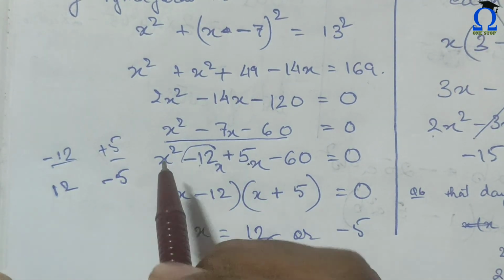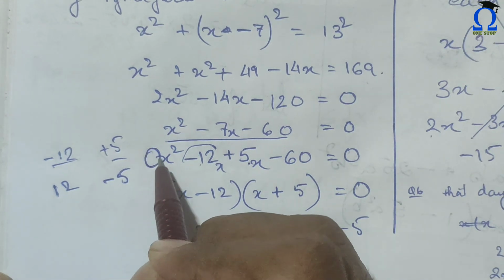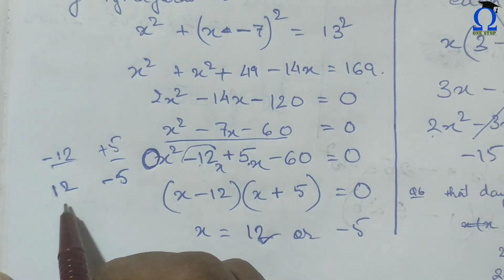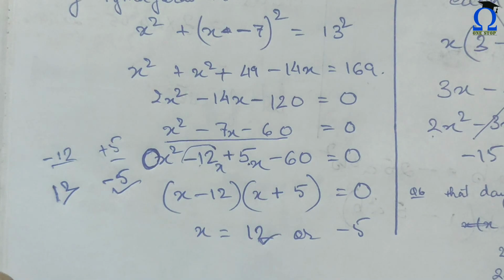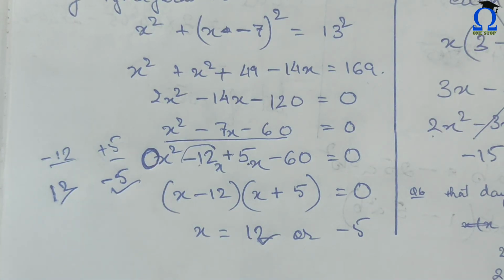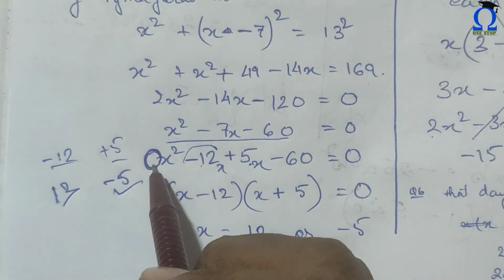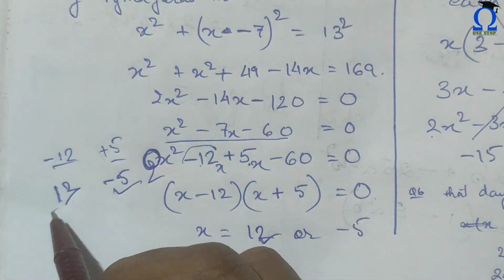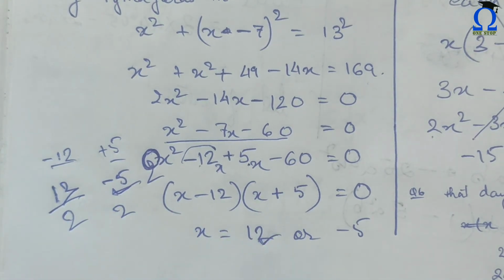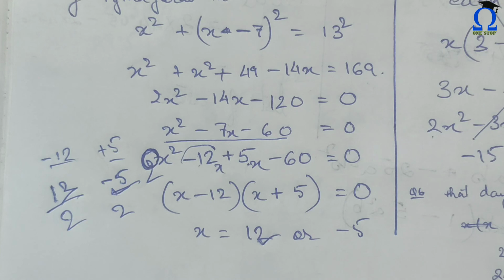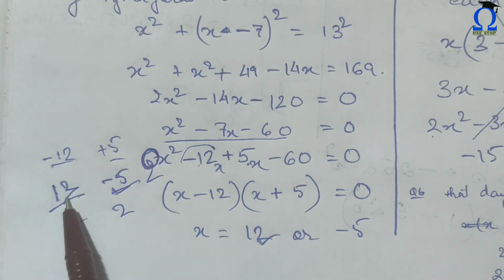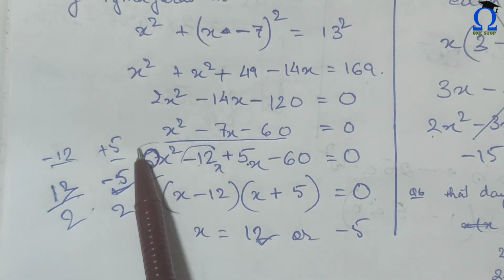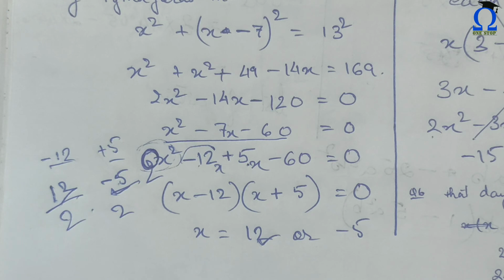And that should be divided with the coefficient of x square. Here the coefficient of x square is 1. Therefore directly we can write the answer is plus 12 and minus 5. But if there would have been 2 or something, then we will have to divide this with 2. Just to check your answer, whether your answer is correct or not, you can use this method. Understood? Just think about those two numbers, reverse the sign and divide it with the coefficient of x square. Simple. Understood? I hope you like the method.